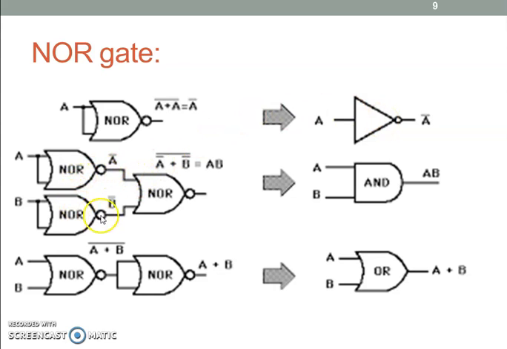Then by using 3 NOR gates it is possible to get the AND gate. Pass A twice to the NOR gate, you will get A bar as an output. Pass B twice to another NOR gate, you will get B bar as an output. Pass A bar and B bar to the third NOR gate, you will get an output like A bar plus B bar whole bar. This is equal to A into B. Compare the input with the output now. If A and B are the input for the NOR gates, A dot B is the output, means it acts like an AND gate. Move on to the third case.